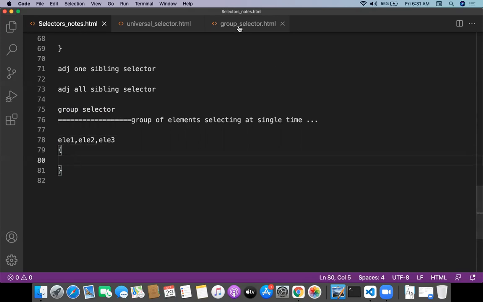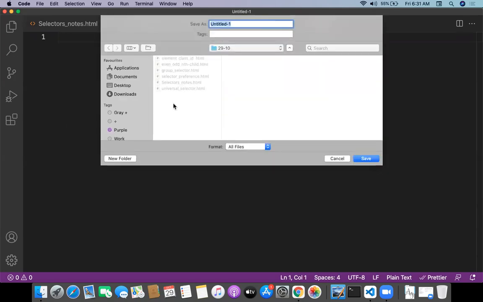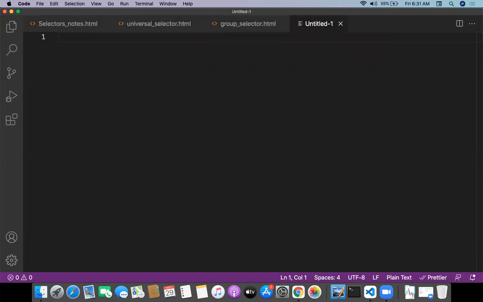And now I go with the adjacent one sibling selector. Let me take a new file and save it as adjacent one sibling.html.